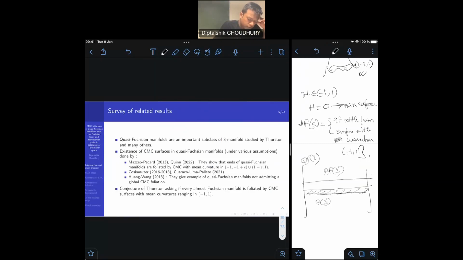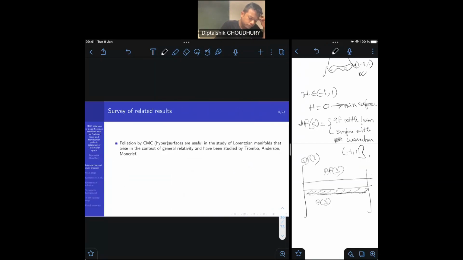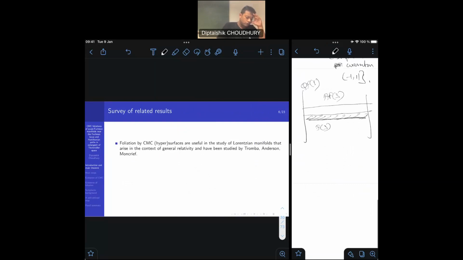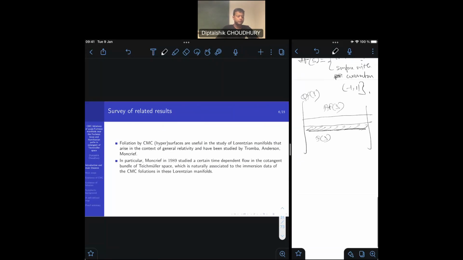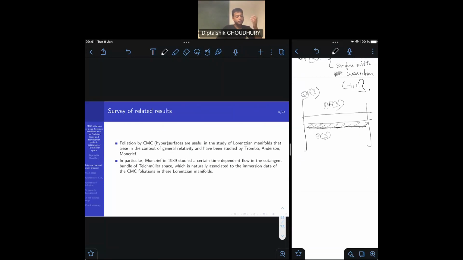So yeah, about the motivations, about the second part of the talk, what we have is that this foliation by CMC hypersurfaces is useful in the study of Lorentzian manifolds as well. In the Lorentzian setting, you can show that you have a foliation by CMC surfaces, and there are some implications of it to physics that I would actually sound a bit pretentious about, and I don't really have a good